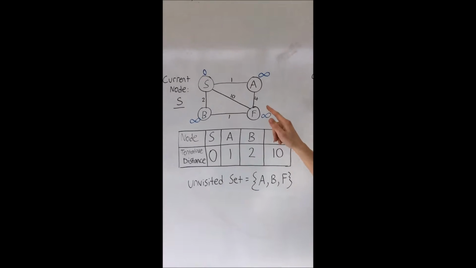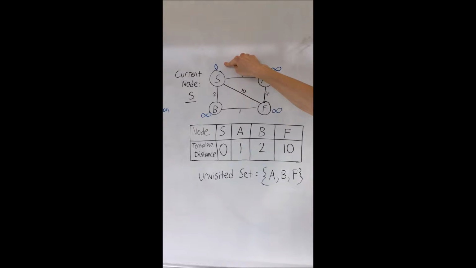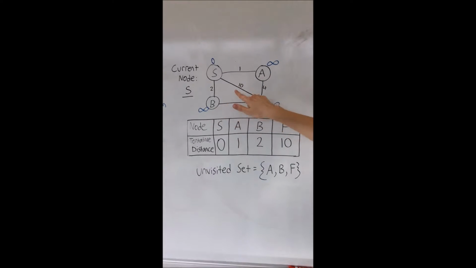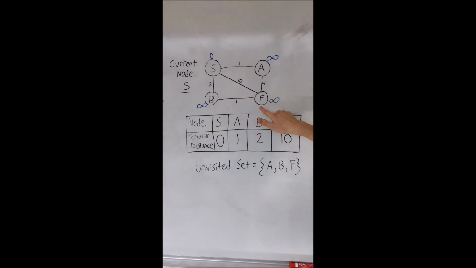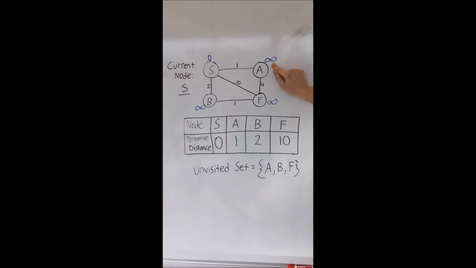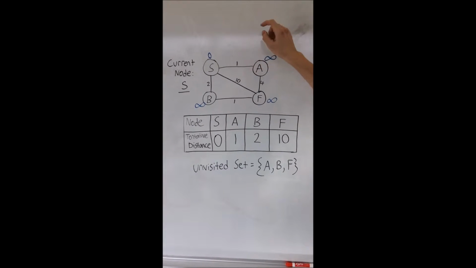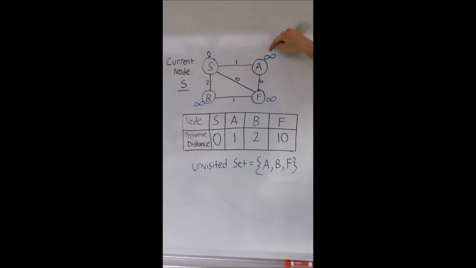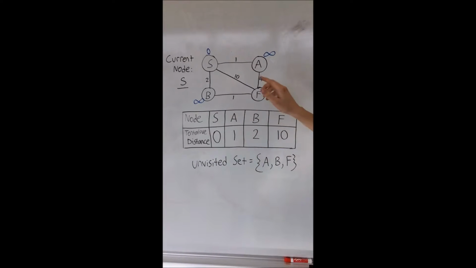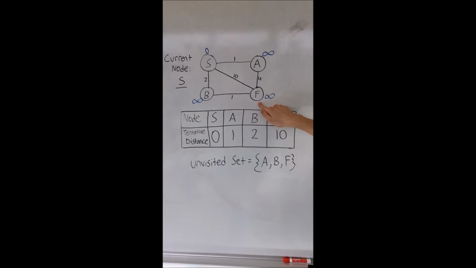On the first pass of the algorithm, we assign the current node to be the start node, which is S. We then consider all of S's unvisited neighbors. In this case, that would be A, B, and F. Looking at A, we compare A's previous value, which was infinity, to the path distance from S to A. In this case, 0 plus 1 is less than infinity, so we're going to assign A's new value to be 1. Using the same procedure, B is assigned a new value of 2, and F is assigned a new value